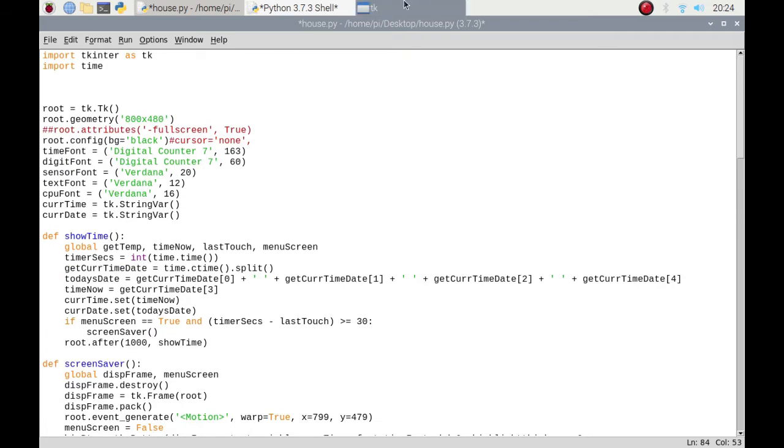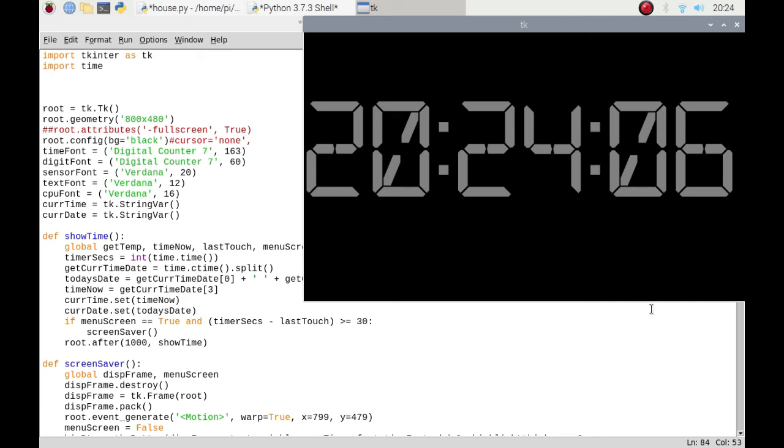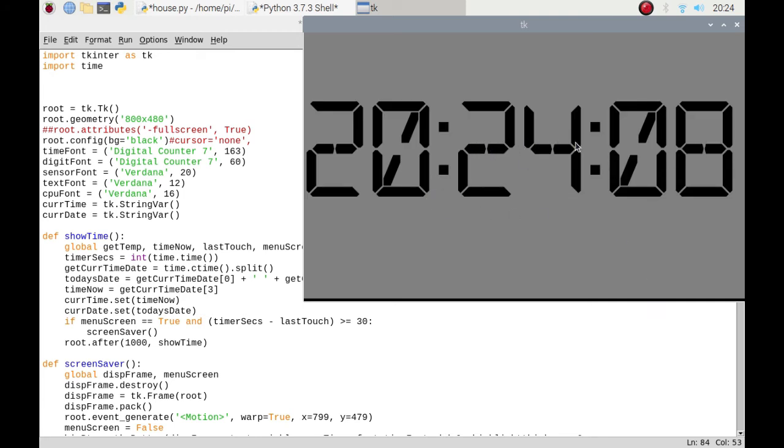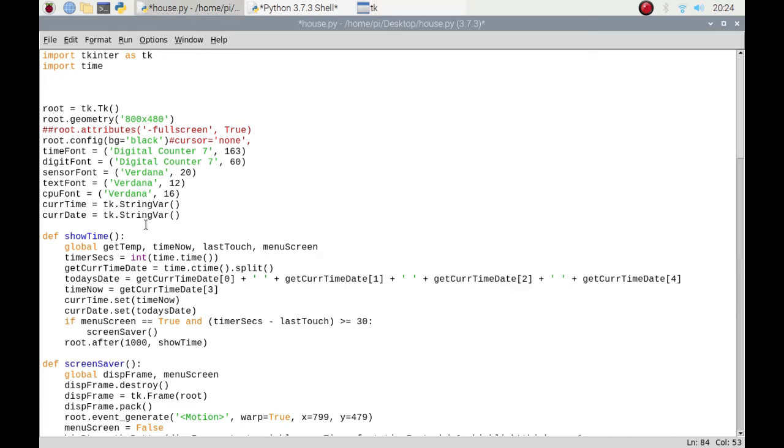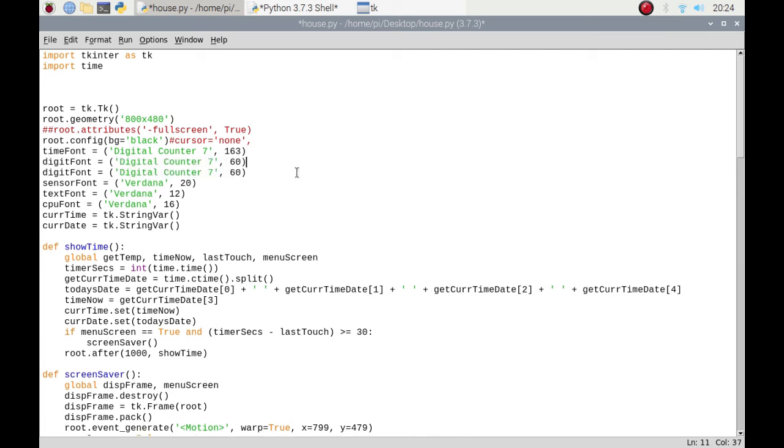That's massive. That's going to be way too big if I have 3 digits on that. So looks like I'm doing a set font that's going to be bigger than that. So I'm just going to copy that for now. Copy that, paste that in, and this is going to be